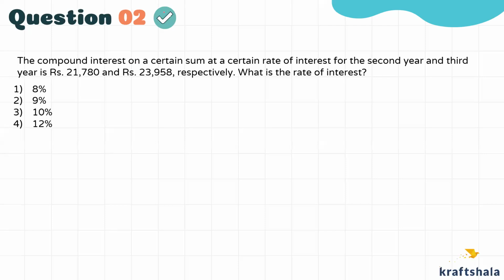All right, few people have answered correctly. Let's try. Now, the compound interest on a certain sum at a certain rate for second and third year is this and this. What is the rate of interest? Now, if I look at this question mathematically, it becomes difficult because the question is not telling me for 2 years and 3 years. It is telling me for second and third year. So this becomes very tricky because just for second year, just for third year, I don't have any direct formula. I have formula for cumulative, and that is also pretty tricky as we discussed earlier.